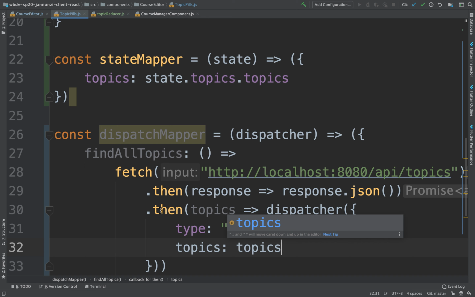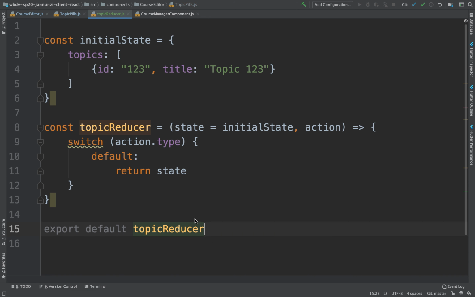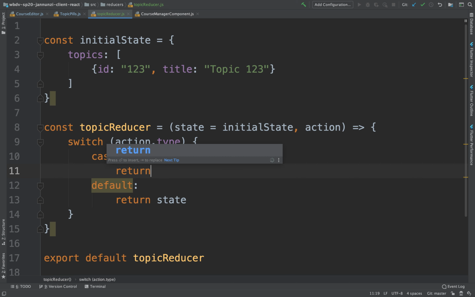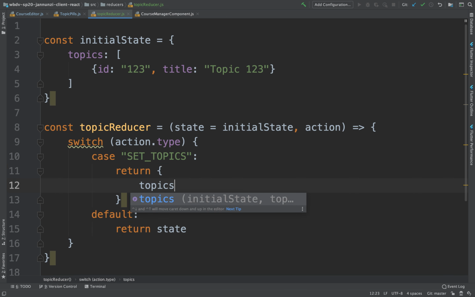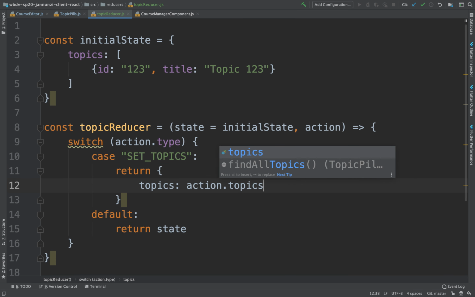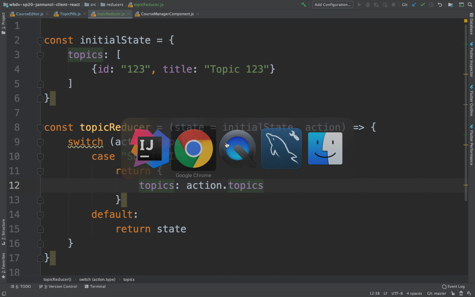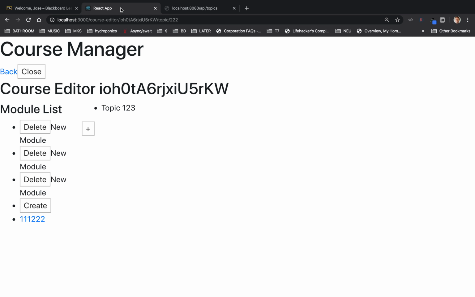There we go. So in the reducer, we can implement that by saying that if the action is set topics, we're just going to return the topics equal to action.topics. Right? So here, if we refresh our React,